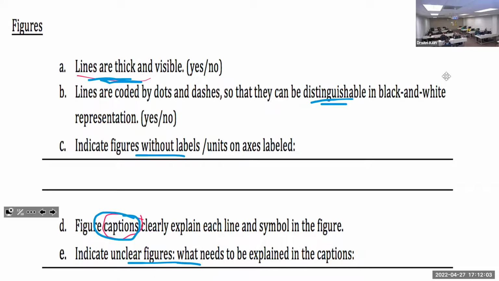So right now, while serving as reviewers, please check if lines are